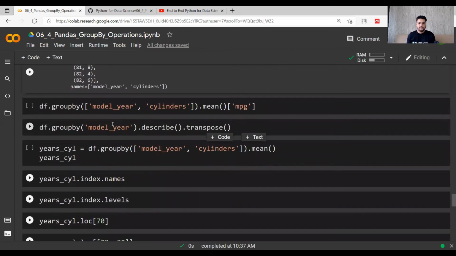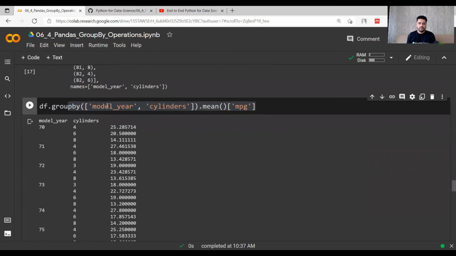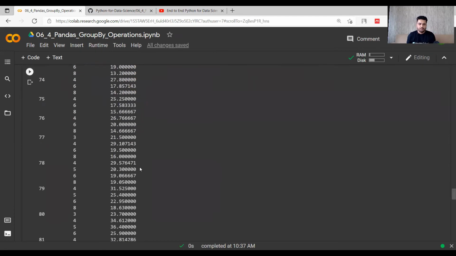Now after this, you can also look into the MPG of these two things, and we will be working on it now. So let's say that we have model, cylinders and MPG along with that. Miles per gallon for four cylinders in 1970 was 25.2 as the mean value. Again, miles per gallon for maybe year 72 with cylinders 3 was 19. So 19 miles per gallon was there. So you get an idea of what I'm trying to do with this data, right?